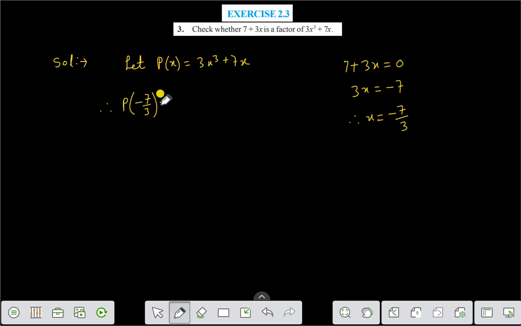then we are getting 3 times minus 7 by 3 whole cube plus 7 times x, x is minus 7 by 3. Therefore, we are getting